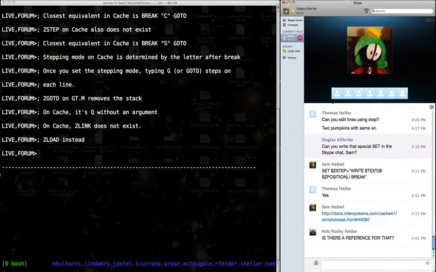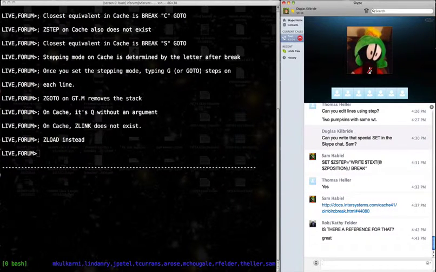Is there a reference for this? Yes, there is. One unfortunate thing is that Cache does not have the best documentation compared with GTM, but I'm going to show you. I believe, if I'm not mistaken, that, hey, Rob, how about I actually send you the references after class because I have to find them. I know they exist, but broadly speaking, there is